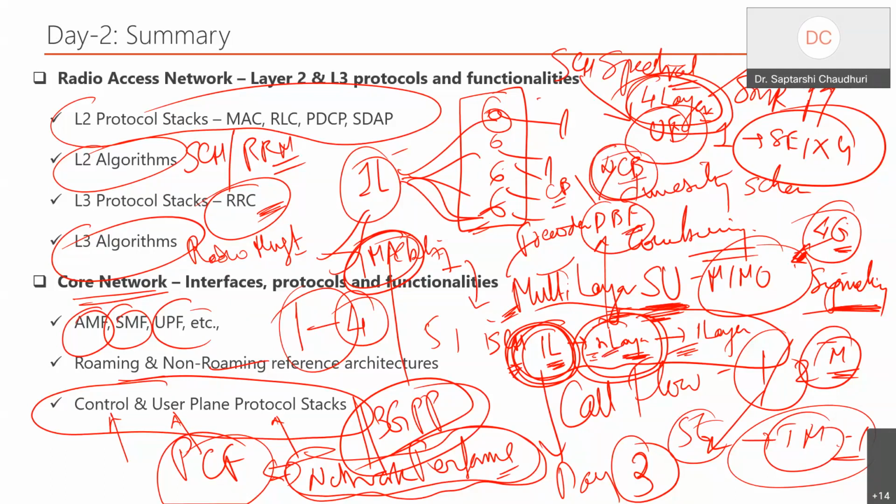That I'll cover on day 3. This is the flexibility 5G has given: rather than keep on doing signaling, by some apparent means using the DMRS, the mobile is able to inherently come to know whether the base station has invoked a non-codebook based approach or a codebook based approach.